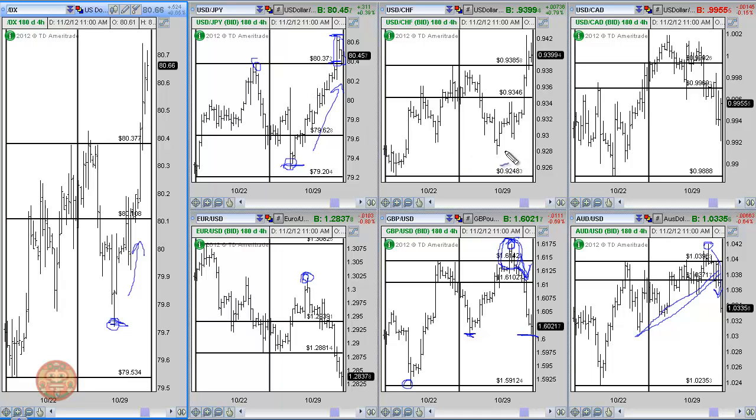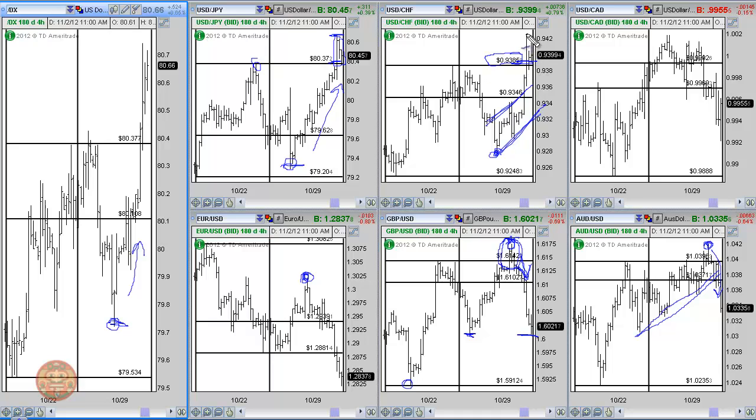But most importantly, what we're looking at here is that the Swiss franc was able to mimic the dollar index futures, finding a low right about the same time that the dollar did. The euro found its high, the pound found its high, the Australian dollar. You can see here that the Swiss franc found its low and then recovered off of that and ultimately finished above last week's high,